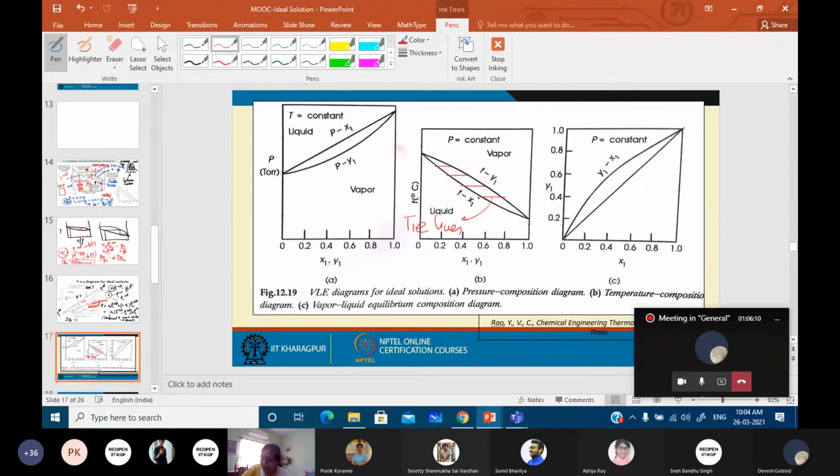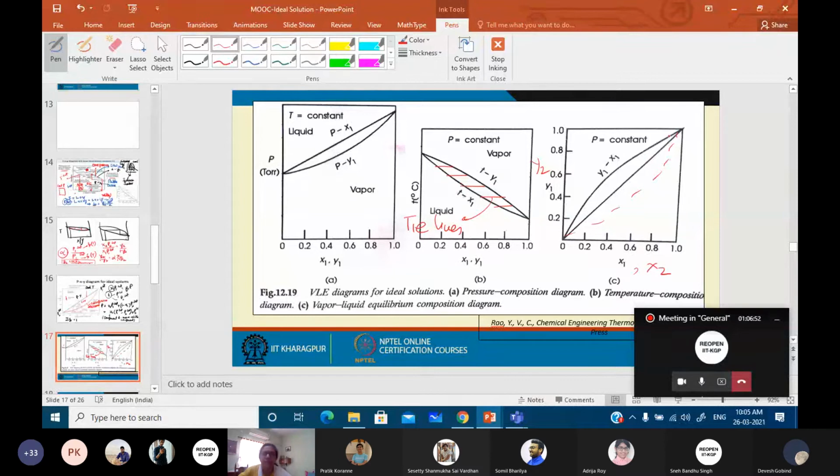They are known as the tie lines, right? Now suppose you find out the corresponding compositions across these horizontal tie lines, and then you plot them in an X versus Y plot at constant P. You get a curve like this for 1 being the more volatile component. Had I plotted this curve for the less volatile component, in terms of X2 and Y2, can you tell me what would have been the nature of this curve? Like for y1 x1 it is curved upward, for y2 x2 it will be curved downward, below the diagonal. Yeah, so it will be below this diagonal, right?